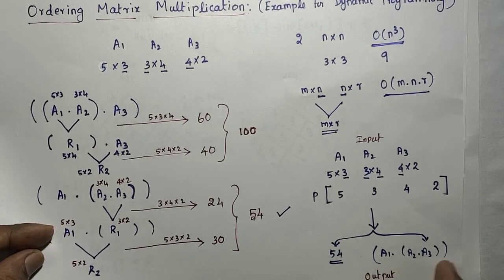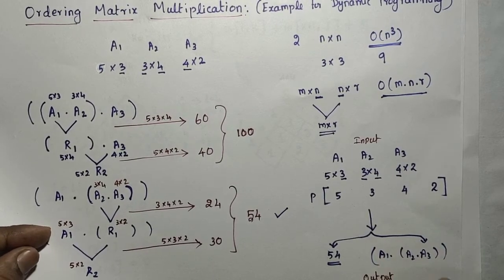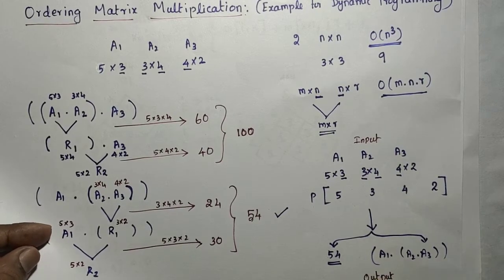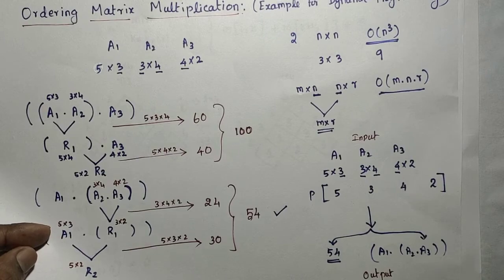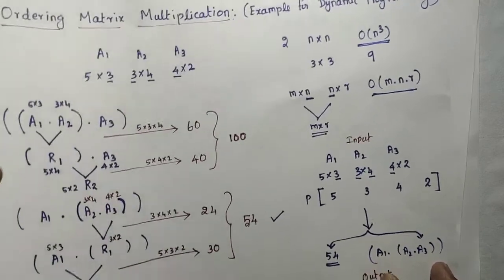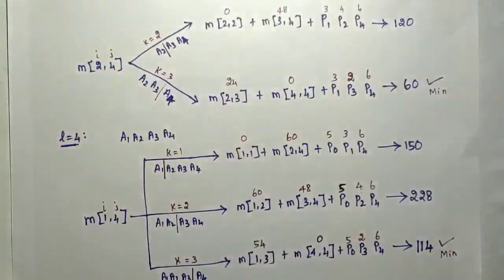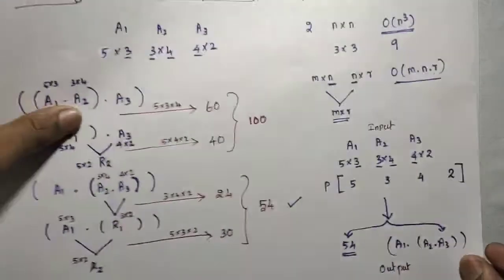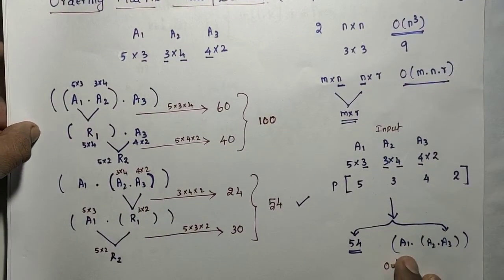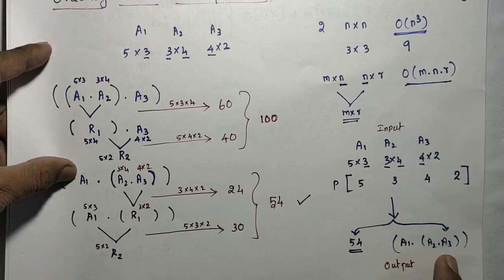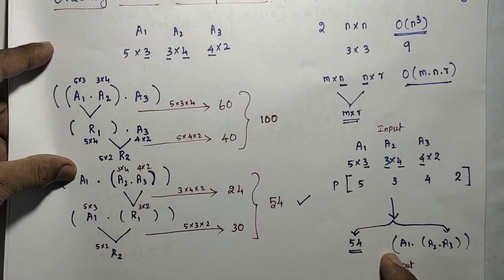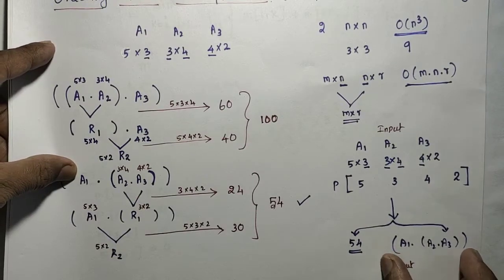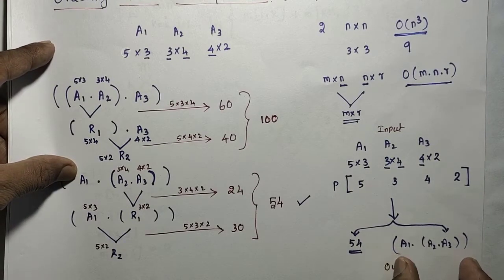How do we get the corresponding fully parenthesized matrix expression? If you know this, you will get this result, so that also has to be written as a result. For that purpose, we print the matrix expression as a fully parenthesized expression, that is, an optimal parenthesization. After that, the answer is the fully parenthesized expression.